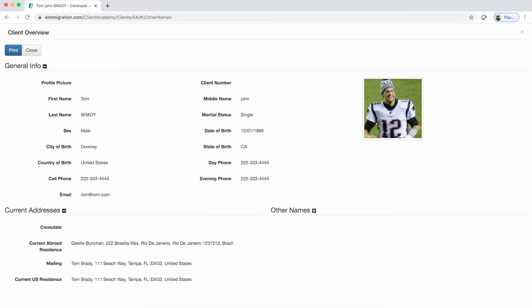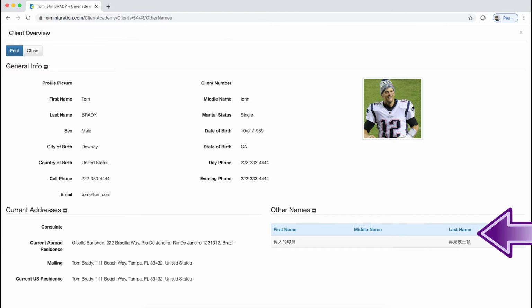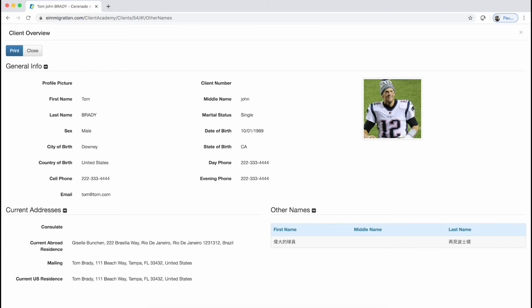Also, something to note here is if you collapse areas like we previously saw, those sections will not be included in the printed version. You can always go back and expand the section and it will now be included in the printed version. If you ever need to remove a section entirely, meaning you no longer want to see it